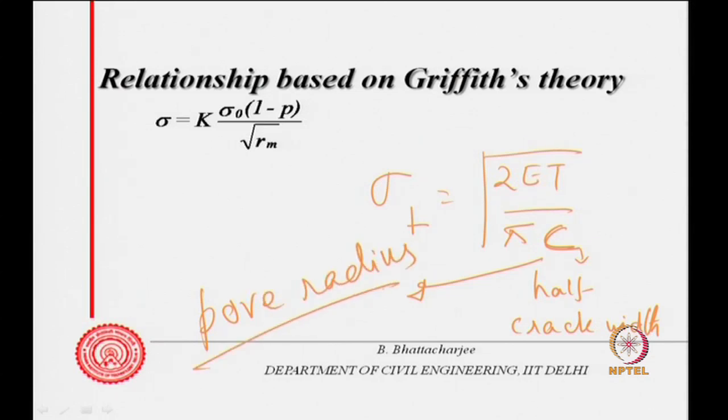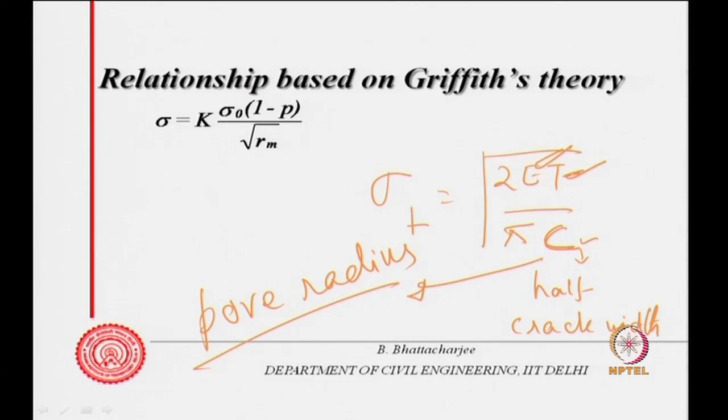Therefore, C will be related to pore radius. T, of course, is surface energy. Now, E is the modulus of elasticity of the pore free solid, and the surface energy is also that of the pore free solid,